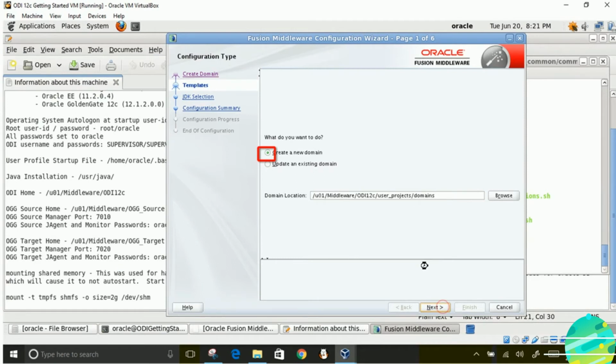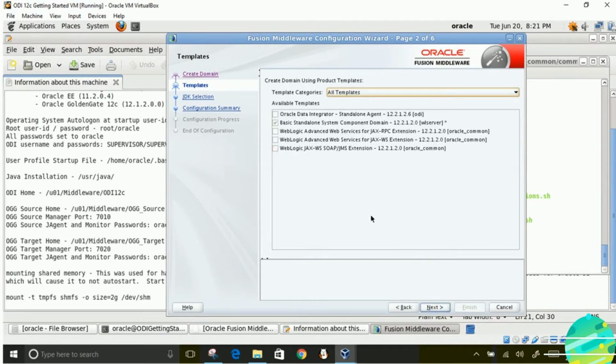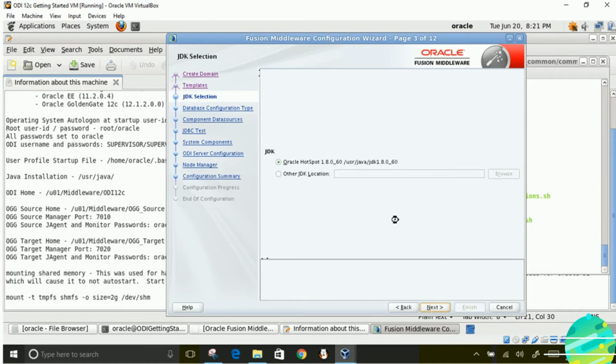Click on create a new domain. Domain location will default. Make a note of it. And in the template, select Oracle Data Integrator Standalone Agent. Click on next. JDK version is already there. No need to change anything here. Just click on next.